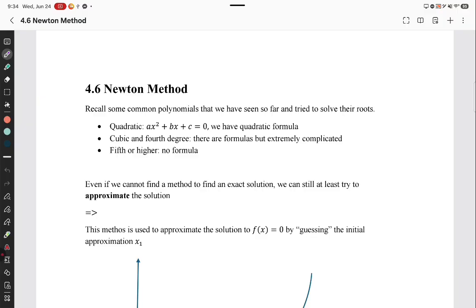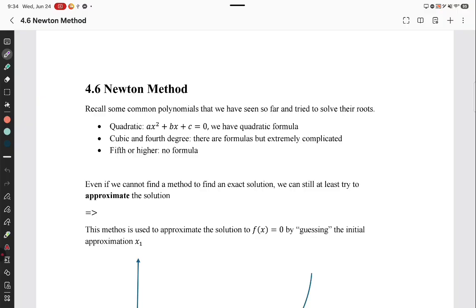with that being said, I still try my best to cut at least one section, one that I deem not really necessary. It's good, but not really necessary for your Cal 2. I'll still talk about this one, maybe 5 minutes, tops, and then I'm going to move on. So 4.6 is the one I'm going to drop